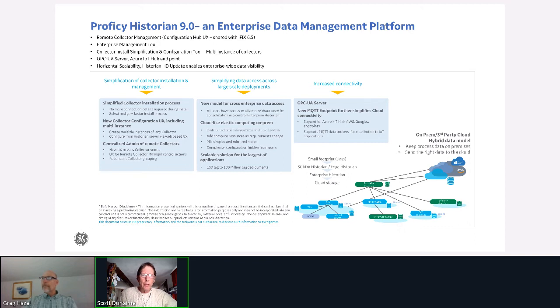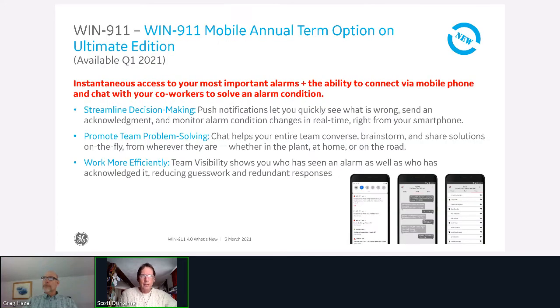So just a quick note on some of the complementary solutions. Proficy Historian 9.0 was introduced. There were some early challenges with UAA and some other things that are being modified. We expect this to be reintroduced shortly, but Proficy Historian 9.0, and I think that there's going to be an emPOWERUP seminar on this in a week or so, so I won't talk too much about it, but this uses the same Configuration Hub capability to do remote collector management, but I'll let Steve Pavlovsky talk about that to you